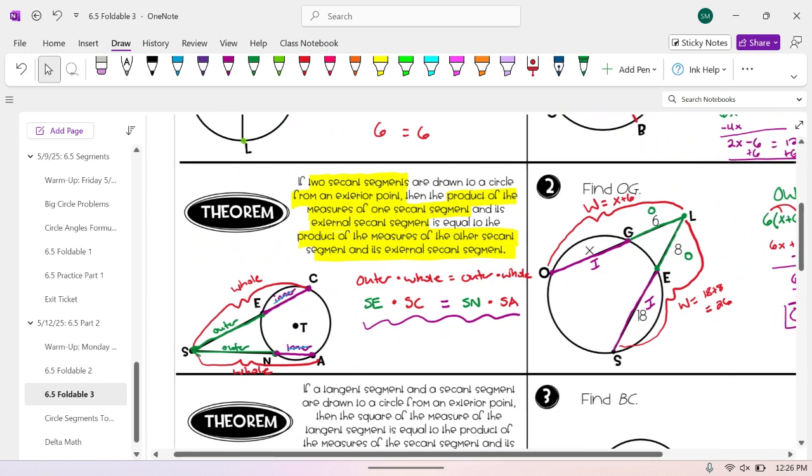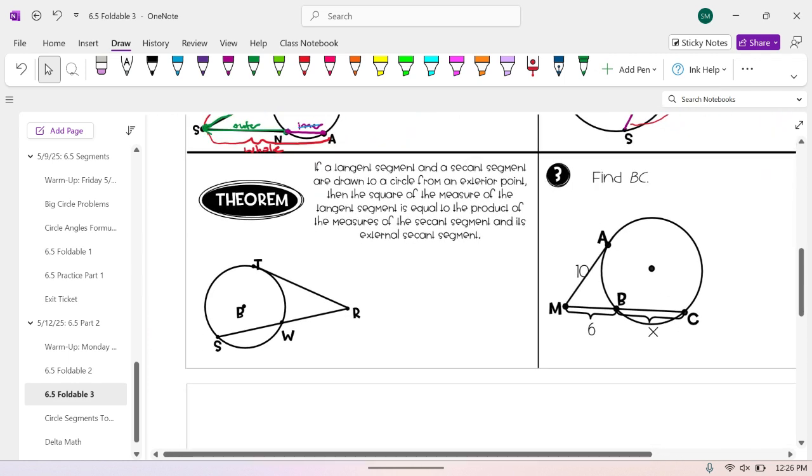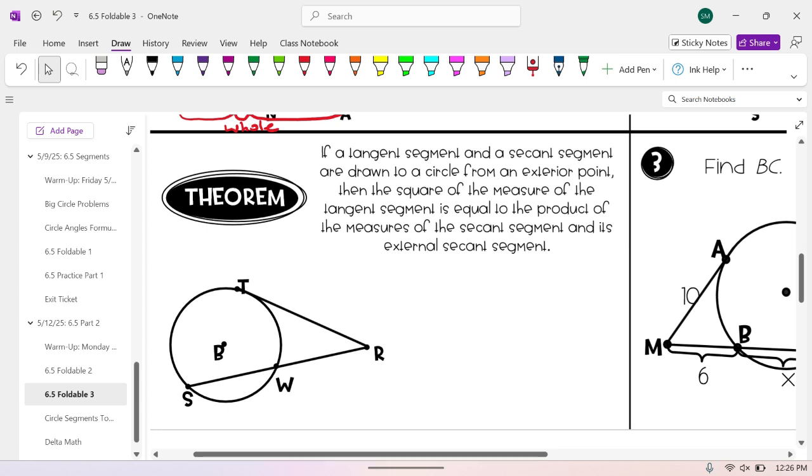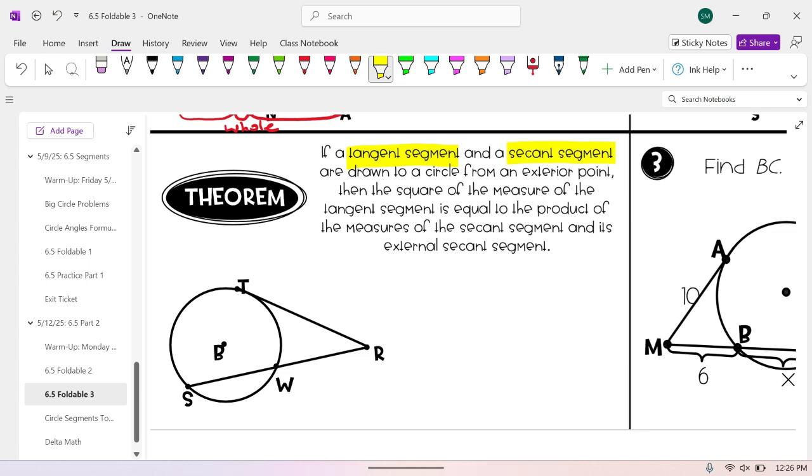Now, the last theorem is very, very similar to the one we just talked about, but it deals with a tangent and a secant. So, a tangent segment and a secant segment are drawn to a circle from the same exterior point. The square of the measure of the tangent segment is equal to the product of the measures of the secant segment and its external secant segment. So again, mouthful, but all it's saying